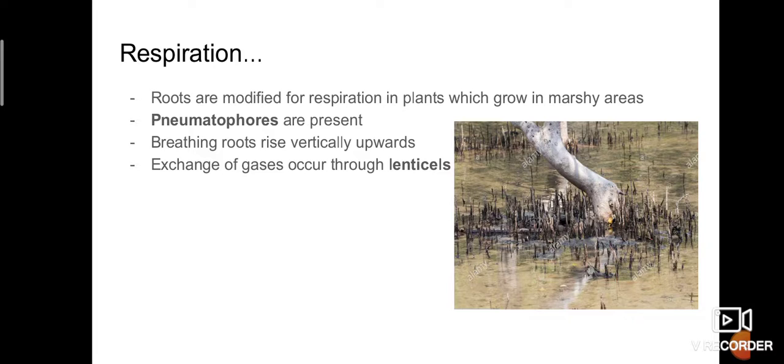See, a lot of water is here. You can see the picture. It's a marshy land full of water and mud. The trees or any plants growing in this area can't get enough oxygen because it is mostly occupied by the water. So the roots develop pneumatophores. Here you can see small sticks, isn't it? They are nothing but modified roots and they are called pneumatophores.